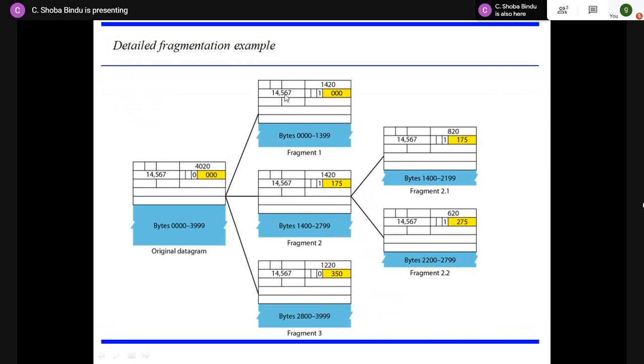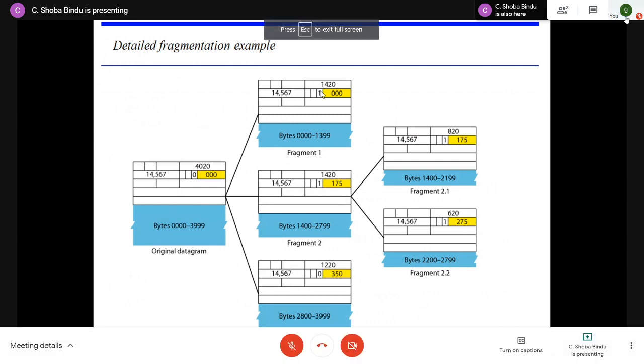So 1457 is the identity for this particular datagram, which is fragmented here. All the fragments carry the same ID here. And then this bit is 0. Now it is divided into 3 fragments. In the first fragment, the bit is set to 1, indicating that there are some more fragments following